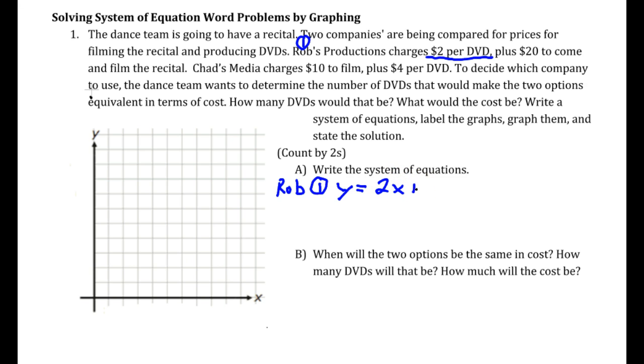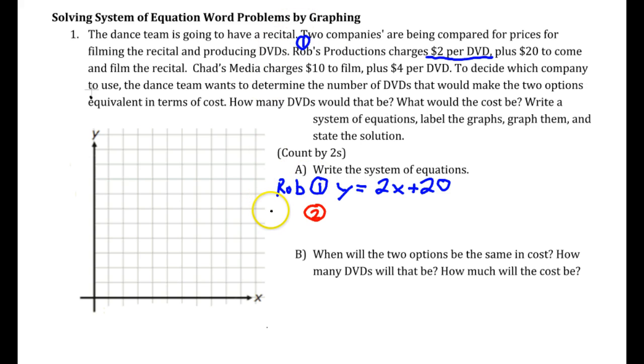$2 for every DVD plus the initial $20 to come out. So you notice how in the other problem it gave you the y-intercept first and then the slope. That's why you can't go on order. Oh, the first number must be the y-intercept. Well, the first number must be the DVD. You have to read the language and see where it is. Okay. And then here